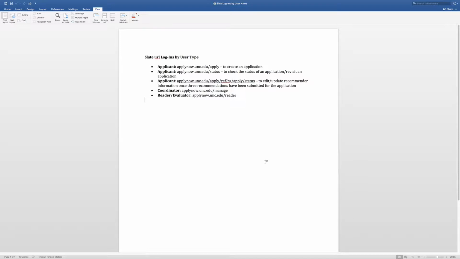If an applicant needs to make changes to their recommender information and they already have 3 recommendations submitted for that application, they can use this third URL. That's a little bit less common, but that URL is available. And then we have 2 program logins. So today when we log into the Slate system, we'll be going in through